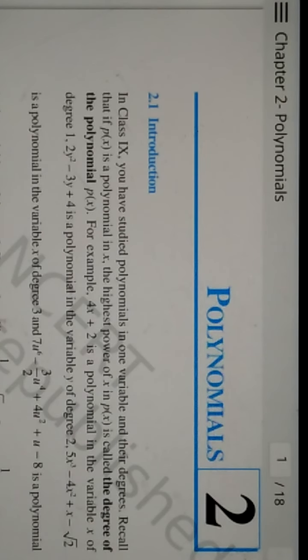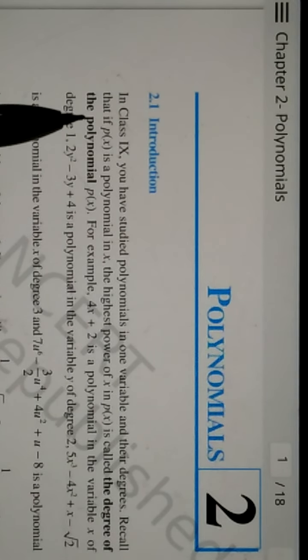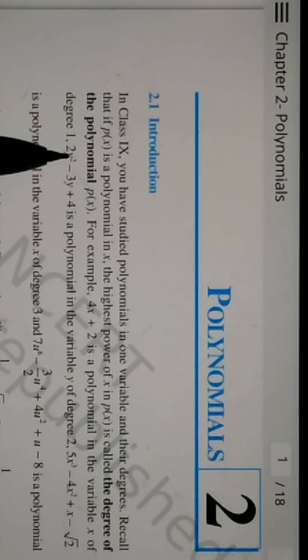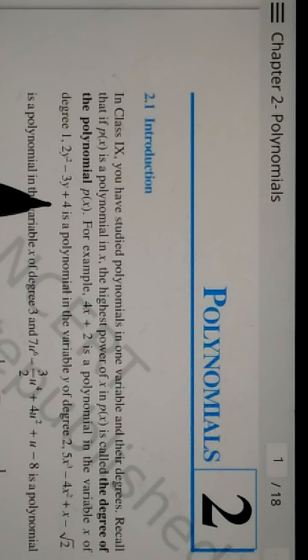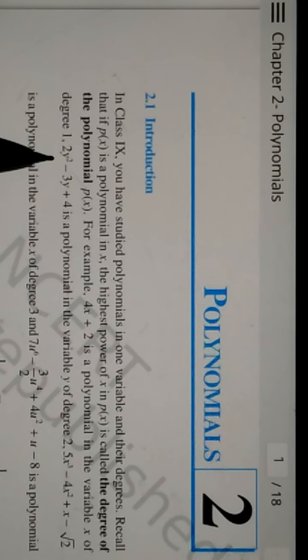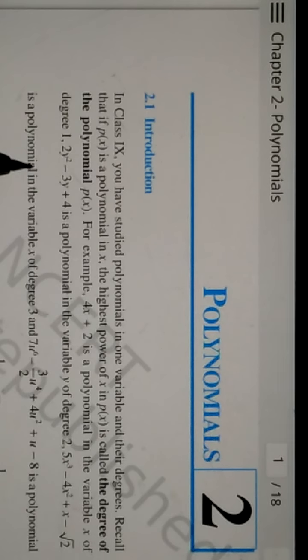A polynomial is an algebraic expression where you see the powers of the variable. Like you see, y is the variable here. The powers are supposed to be whole numbers. The minimum power can be 0, 1, 2, 3, 4. It can go to any high power, but the powers cannot be negative, neither can they be fractions. So if I have this as under root of y, or maybe 2 by 3, then this is no more a polynomial. So when I say polynomial, the first thing you observe is that the power of the variable is supposed to be a whole number. That is the first requirement.